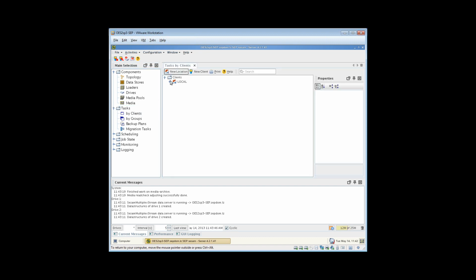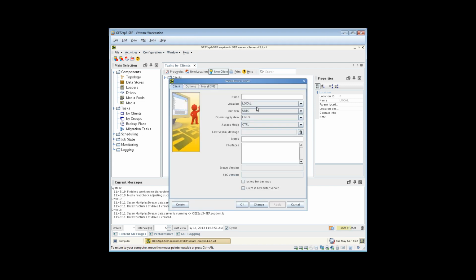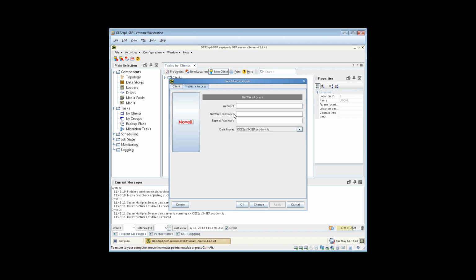So we're going to create new clients and set those up in our local group. And our new clients are going to be first our NetWare 6.5 box. And it, of course, is NetWare. And we have to log into the TSA. We aren't going to install an agent, so it's completely agentless, but we have to be able to authenticate to the TSA because there is no agent that locally has